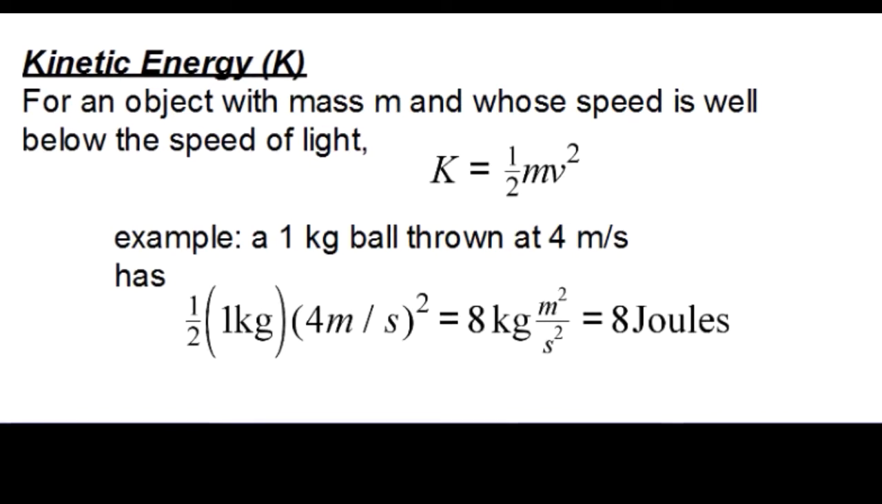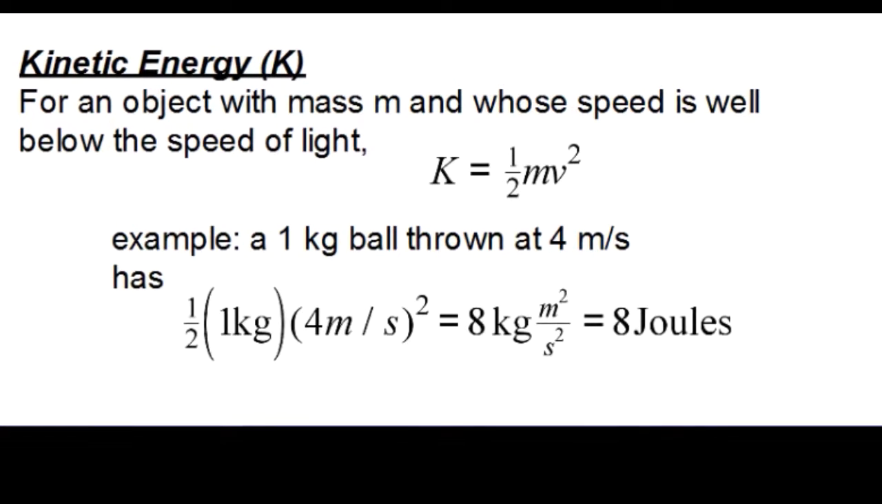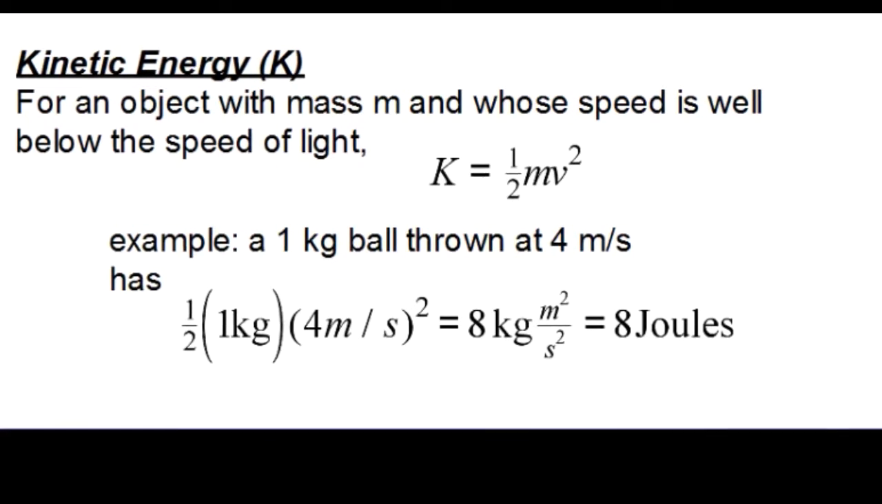Kinetic energy, sometimes called energy of motion. Things that have motion have kinetic energy. And the amount of energy is equal to 1/2 times the mass times the velocity squared. So for example, if I throw a ball that has a mass of 1 kilogram and it's traveling 4 meters per second, 1/2 times the mass times the velocity squared gives me 8 joules is the units that we use